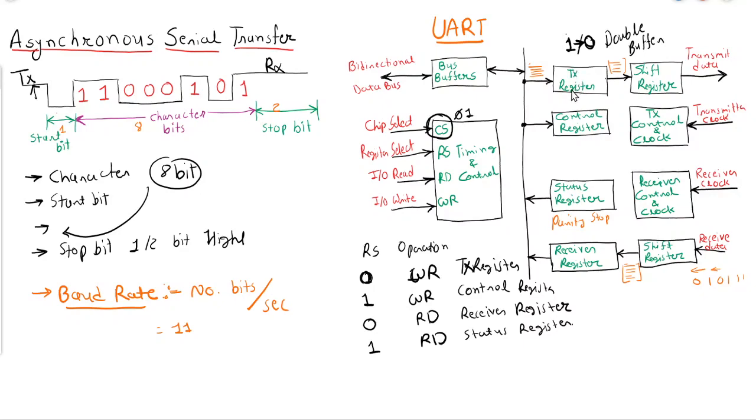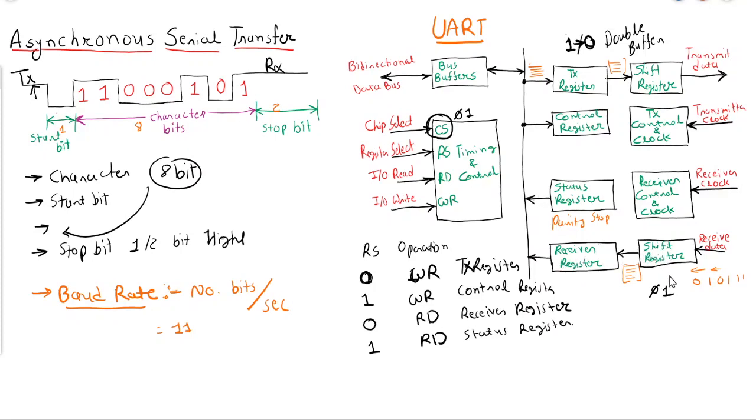Now the next thing is how the CPU will receive the data. Let's say initially the value of this receiver flag is 0. So the computer will not read the data. Then let's say there is data from the input device. First that data will be stored into the shift register, meaning the serial data will be converted into parallel, and then in parallel it will be transferred to the receiver register.